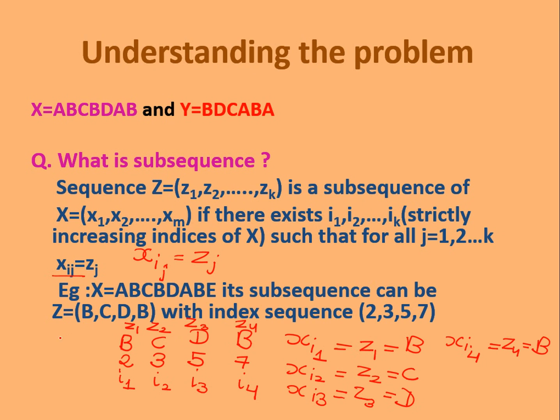You can take any subsequence from it like A, C, B, E. I have picked this, this, this and this. The only thing is that whatever elements you choose, their indices should be in increasing order. It means you cannot take this B, this A and then this C, say. So this is wrong. You cannot pick B, A, C. The index of B is 2, then 3, 4, 5, 6 and then 3. This is wrong.